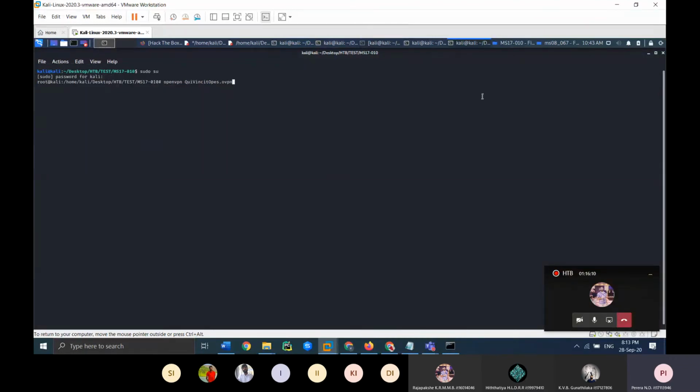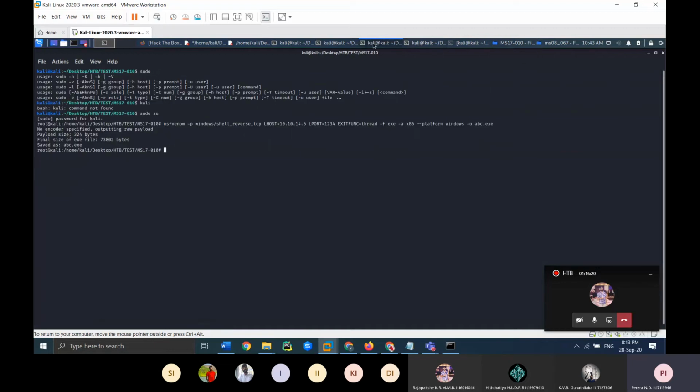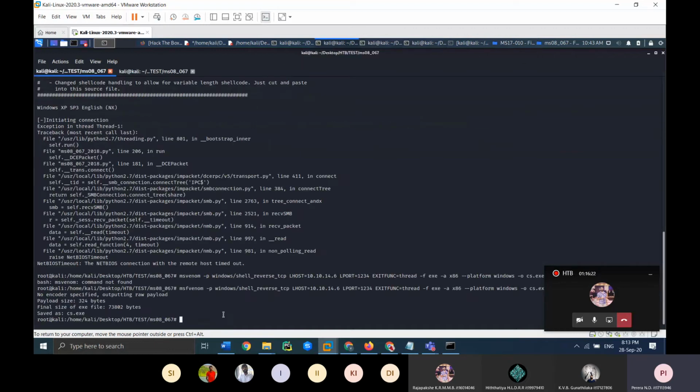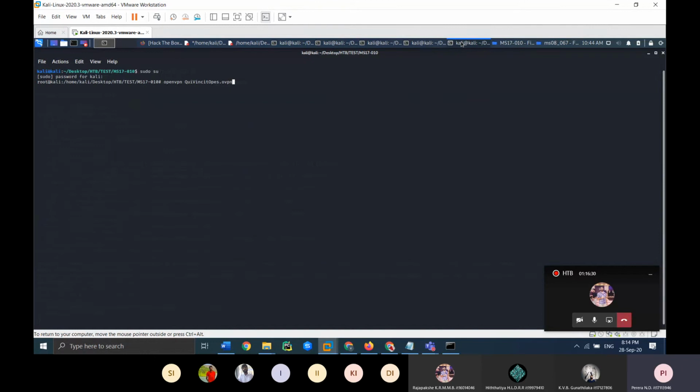So now we have the payload here. ABCEXE. So it's into 1234.